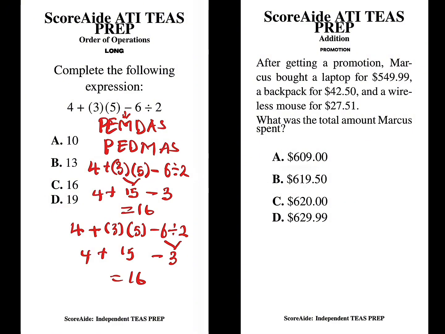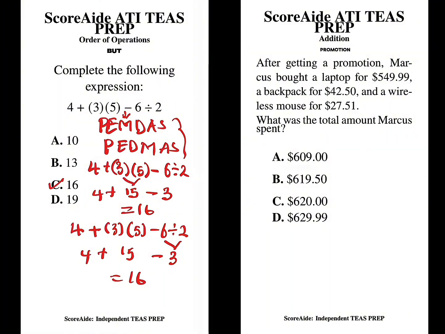So as long as multiplication and division all go together, right? All go together. And these are just memory aids. If you know what you are doing, you're always going to get the answer correct. The answer here is going to be